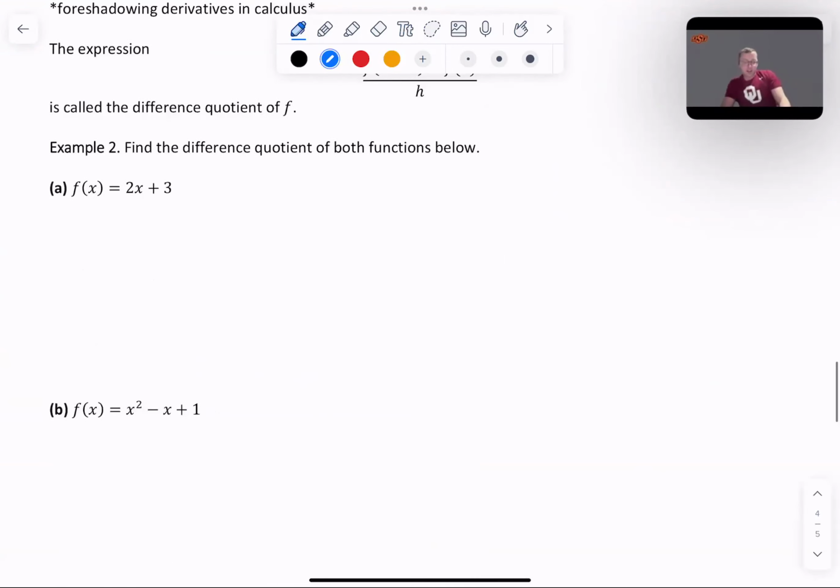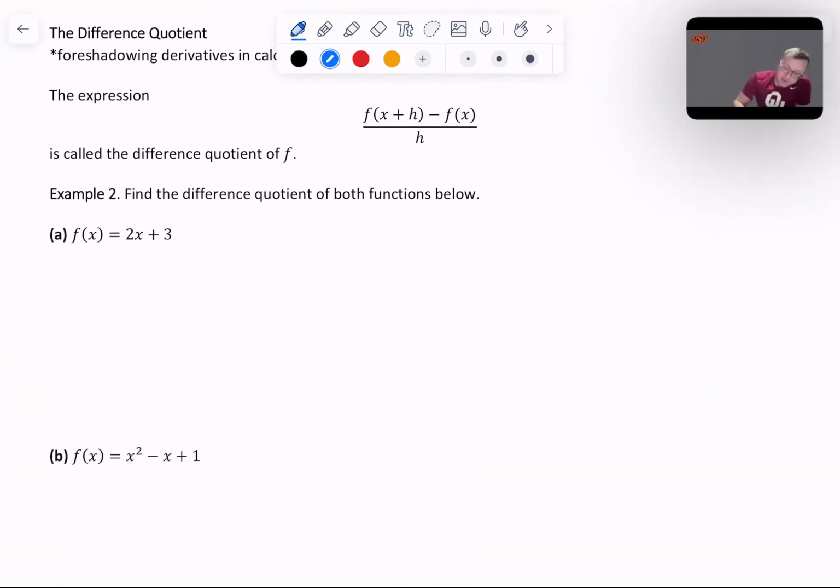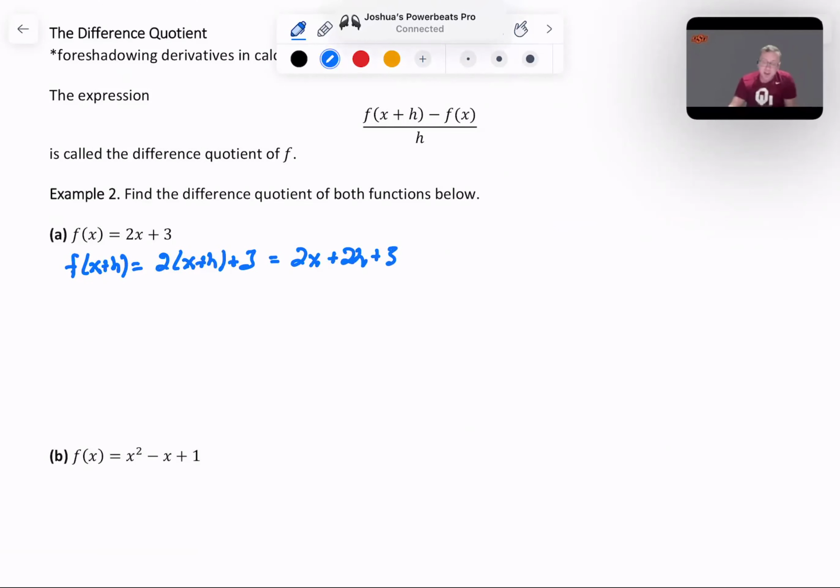And the last thing we're going to cover here is the difference quotient. So what I want to do is plug in, let's first find f of x plus h. If I do that, f of x plus h is just 2 times (x plus h) plus 3, which is just 2x plus 2h plus 3. And now I want to subtract off from this f of x. So if I do f of x plus h minus f of x,